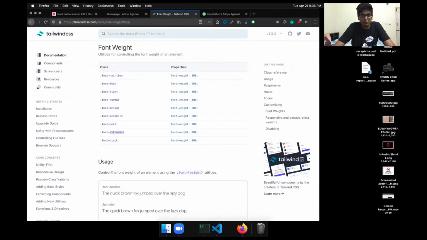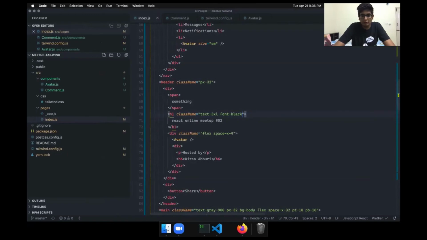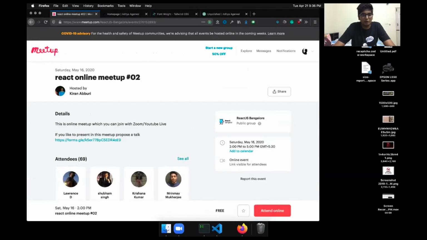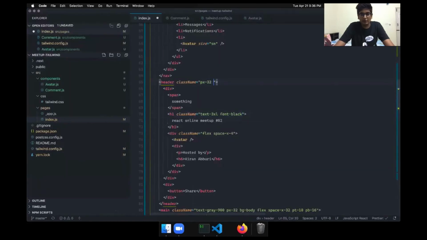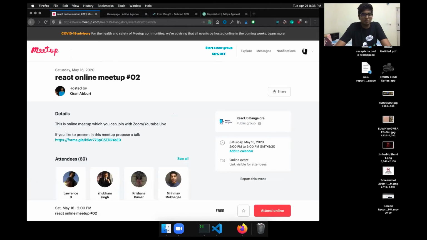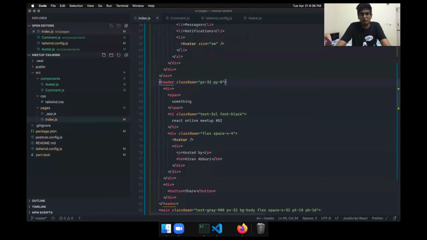Let's just do one more size. Font black. Yeah, now it is looking something like we want. Then we want some vertical padding. So on the header, I say PY8. That is too much. So let's do PY4.